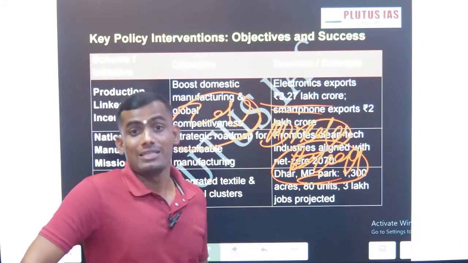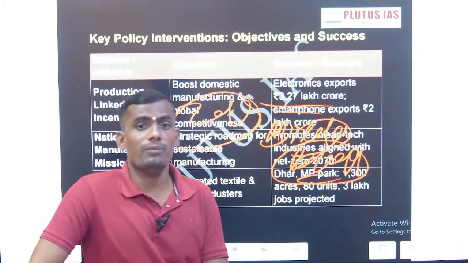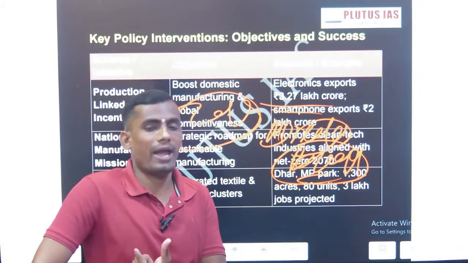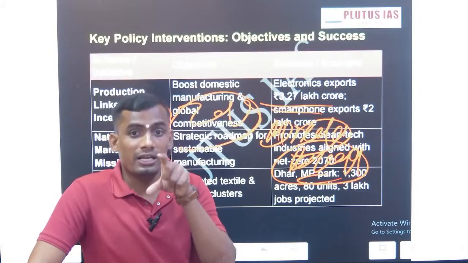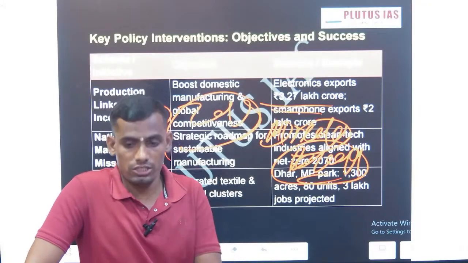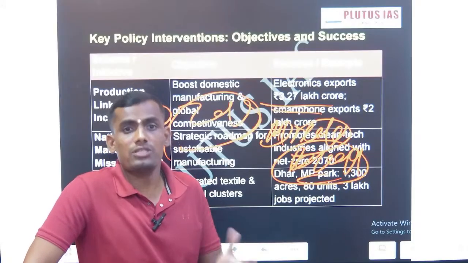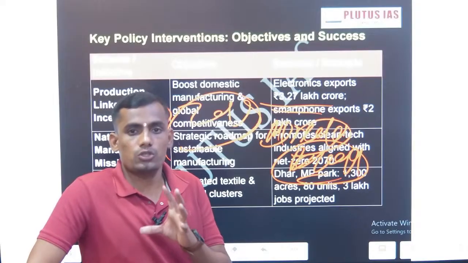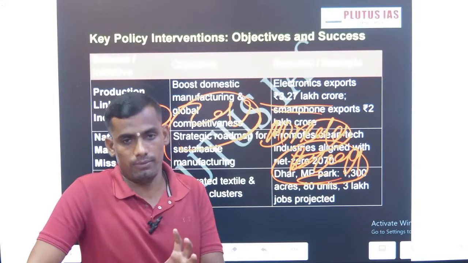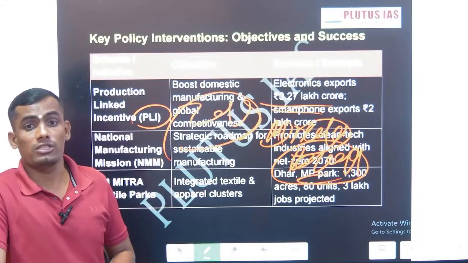Okay, this is the first. The second one is Make in India, giving the allowances. The third one will be the Special Economic Zones, SEZ 2005 Act. These are the clusters which are treated as a foreign territory, which provides exemption from taxes and certain benefits. The sole purpose of the SEZ policy is to make India a manufacturing hub.